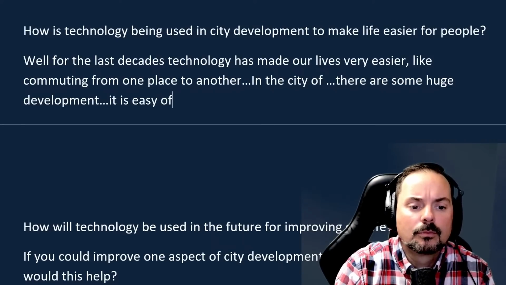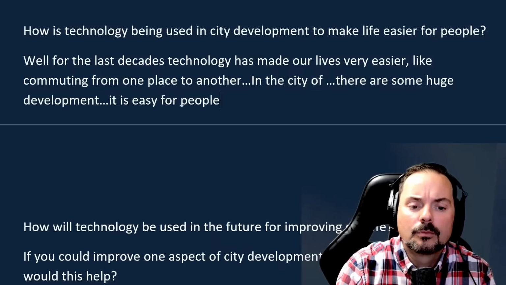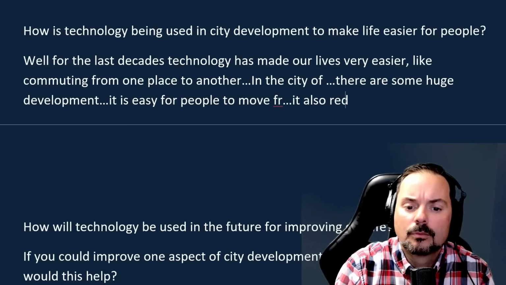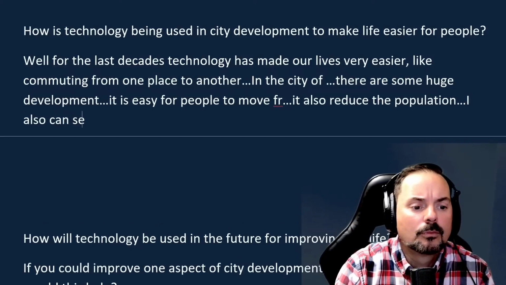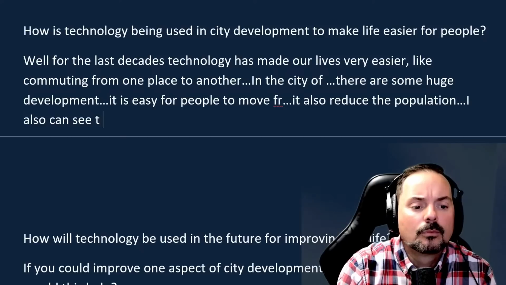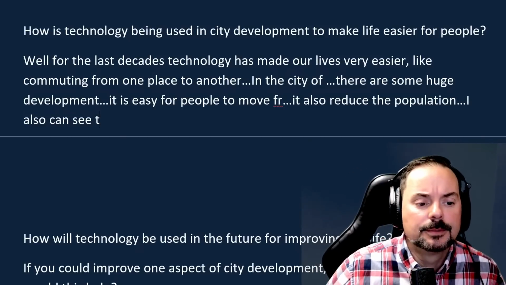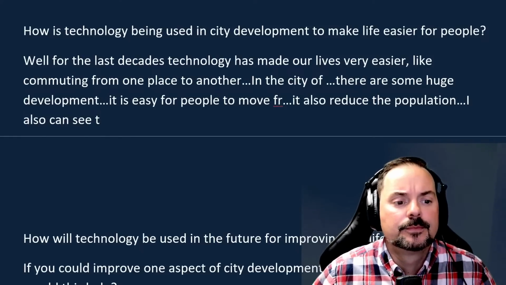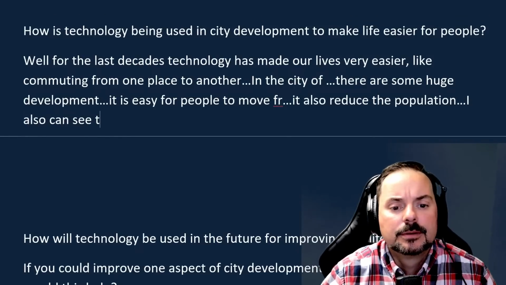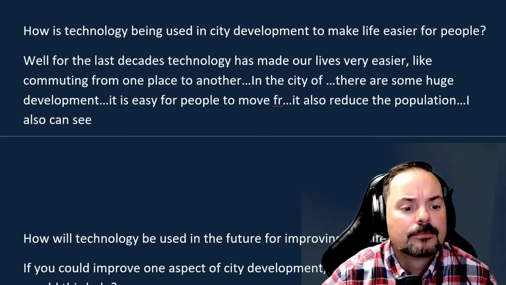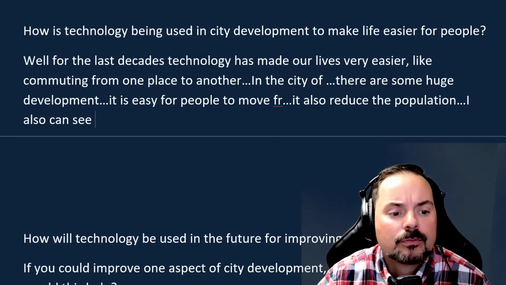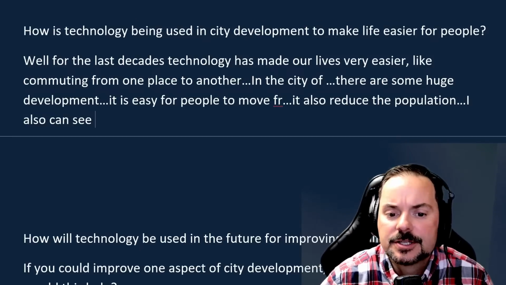It's not only helping people to move around, but it also reduces the pollution, as it reduces the use of cars around the cities. I can also see there are some cities which initiated the use of trains for moving goods and products around the city from manufacturers to ports, which means there will be a reduction in the use of trucks and heavy equipment. Okay, Adel, let's stop there and let me give you some feedback.